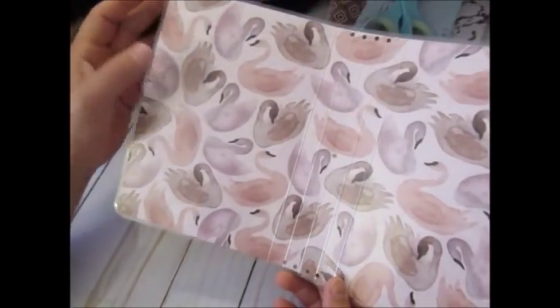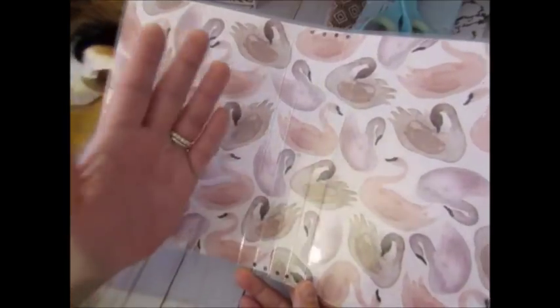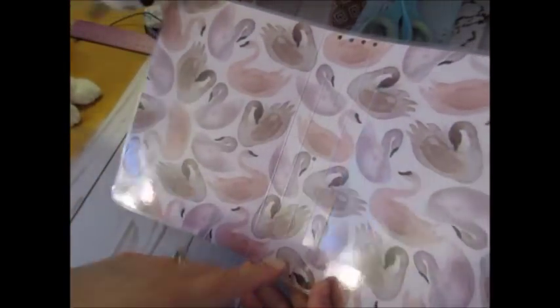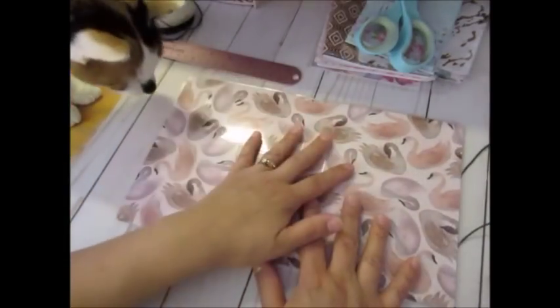Usually I only do a regular one with only 4 elastics, so you only make 3 holes top and bottom to get your 4, and I do have tutorials on that. So now how I made this wide, I